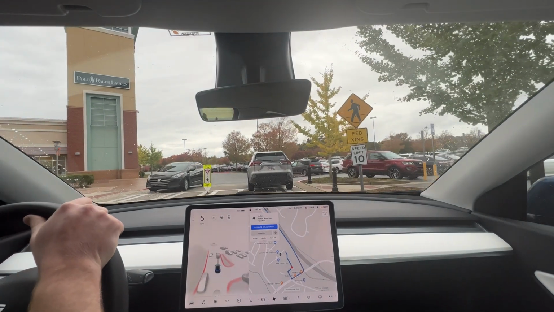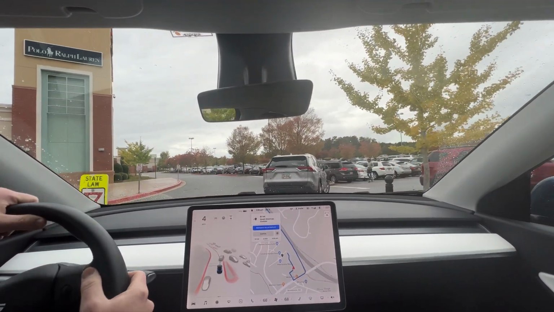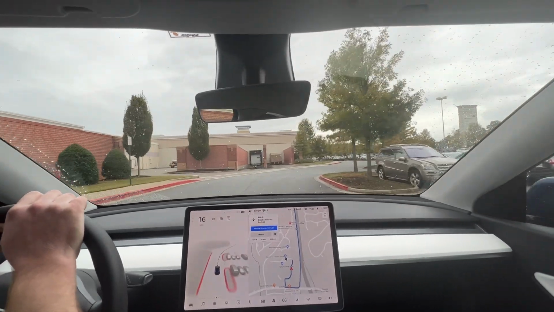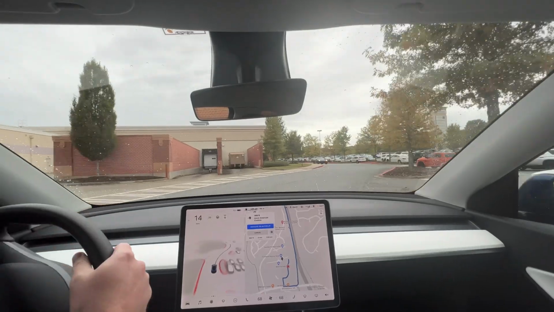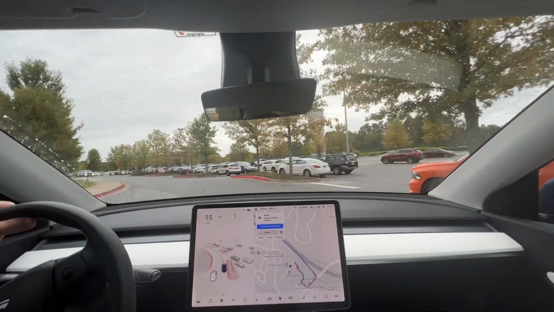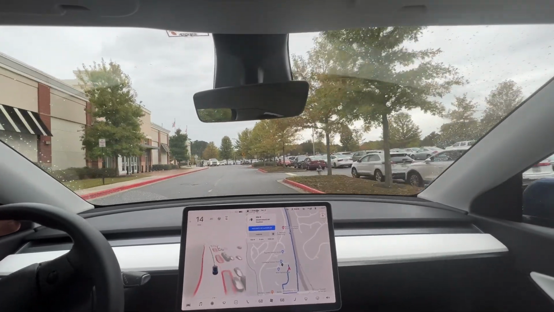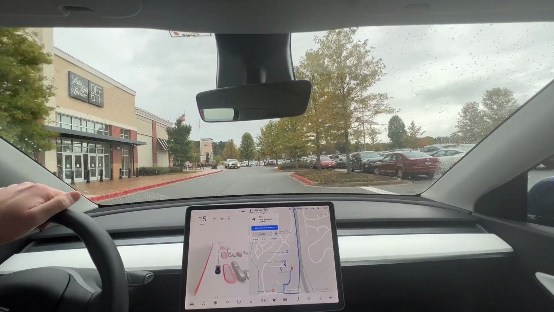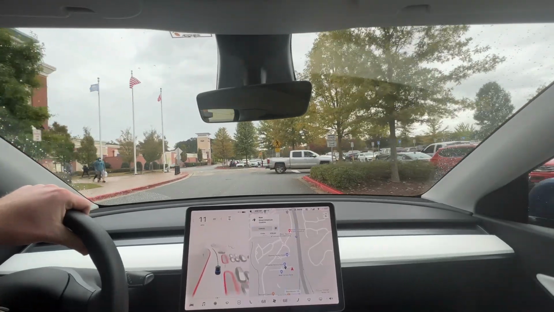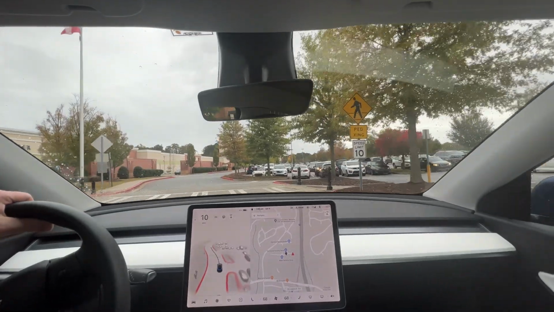So not really gonna find us a parking space or anything like that, so I just went ahead and disengaged. Anyway, so that was a really good drive. Again, the only intervention I did at any time was just press the accelerator. I did so at the flashing yellow light to get on the on-ramp, and then I also hit the accelerator back at the light back there getting on the off ramp